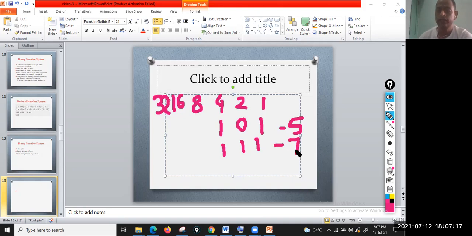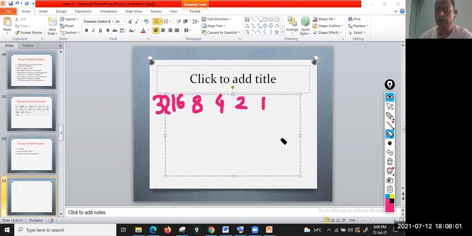Now, how can we write 20? Can we take 32? No, it is greater than 20. Can we take 16? Yes. 8? No, it will be greater than 20. 16 plus 4, 20. Put 0 wherever it is not required. So now you can see we can write down 20 this way simply. This is the simplest method here. You can also use the division method. Do more questions, try to solve more questions.